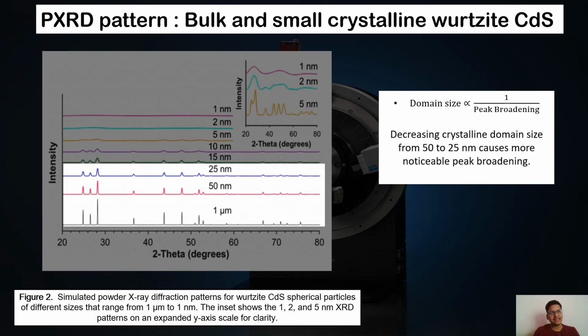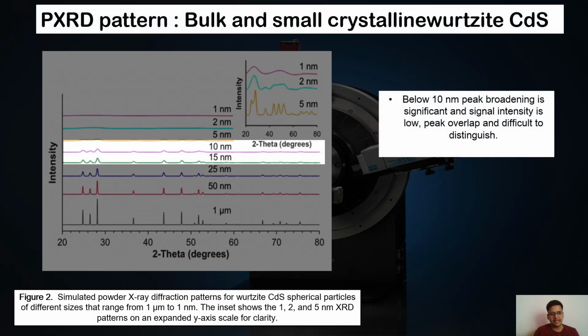So as the size of the nanoparticle decreases, the more randomly oriented it gets. Since it gets more randomly oriented, you will not get very good constructive interference at lower intensity. That's why you get a broader peak. Now you can see that further decreasing the size from 15 nanometer to 10 nanometer, the broadening is significant and